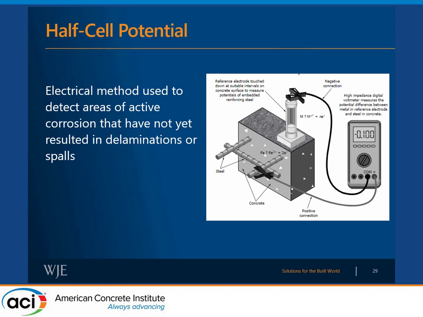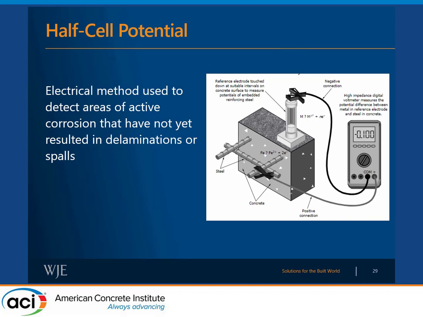So the basic concept with the half-cell potentials, it's an electrical method that you can use to detect areas of active corrosion that have just not resulted in delaminations or spalling yet. So this is really powerful because up to now I've been talking about distress of concrete that leads to visible signs of deterioration. But when we're talking about corrosion condition assessment, a lot of times what we're looking for are the invisible signs of deterioration. So understanding what's actually going on inside the concrete, inside the steel, that hasn't resulted in visible signs of distress